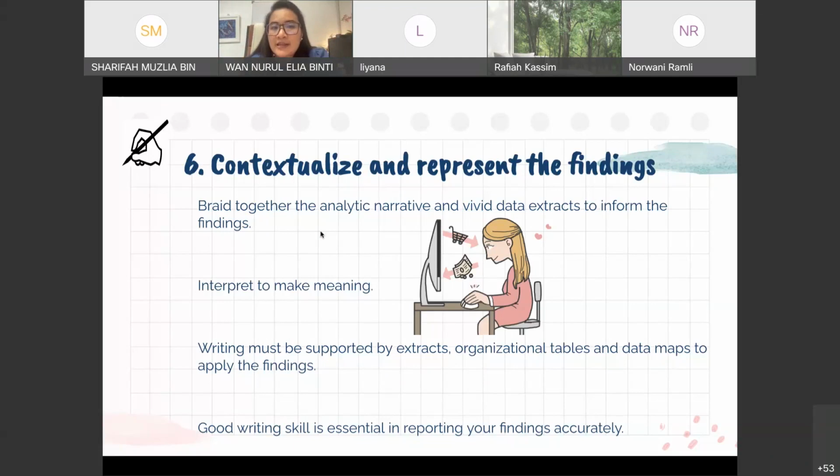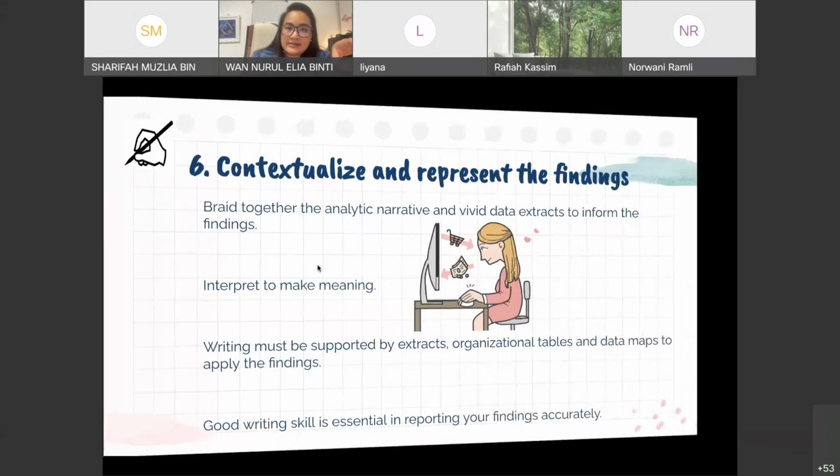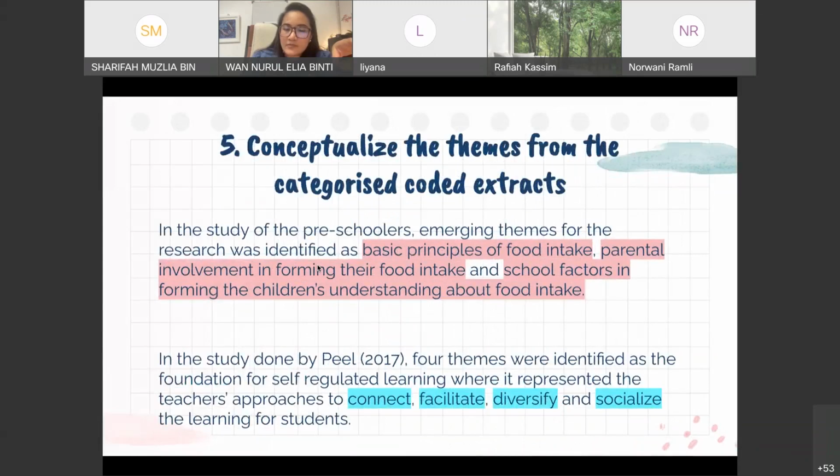So number 1, bring together the analytic narrative and vivid data extracts to inform the findings. Vivid means you have to actually take out samples from your data and put them in your writing. You have to show how the findings support, let's say the theme is basic principles of food intake.